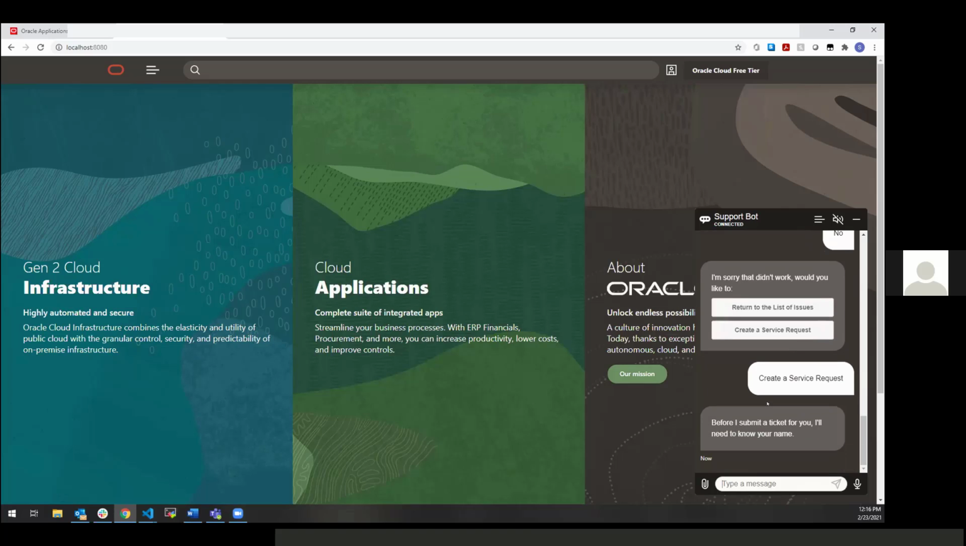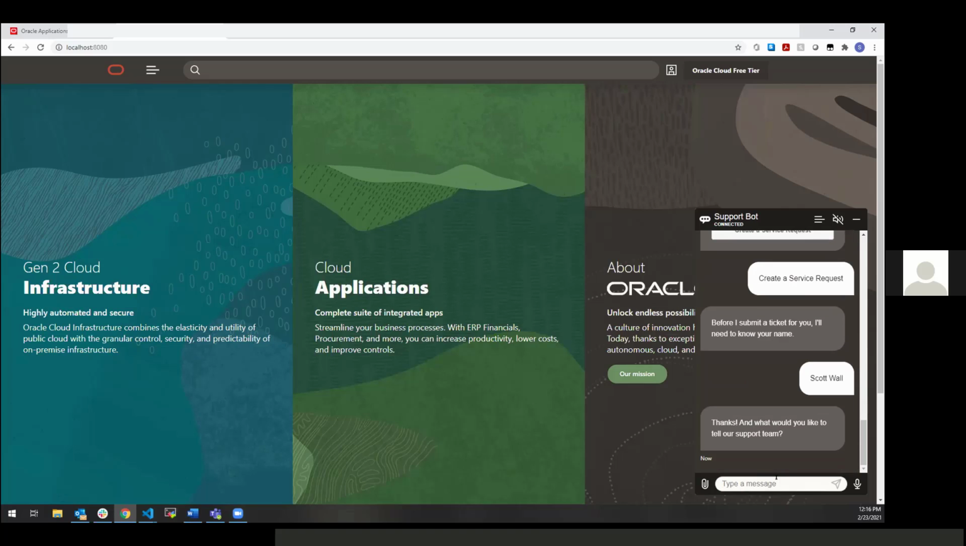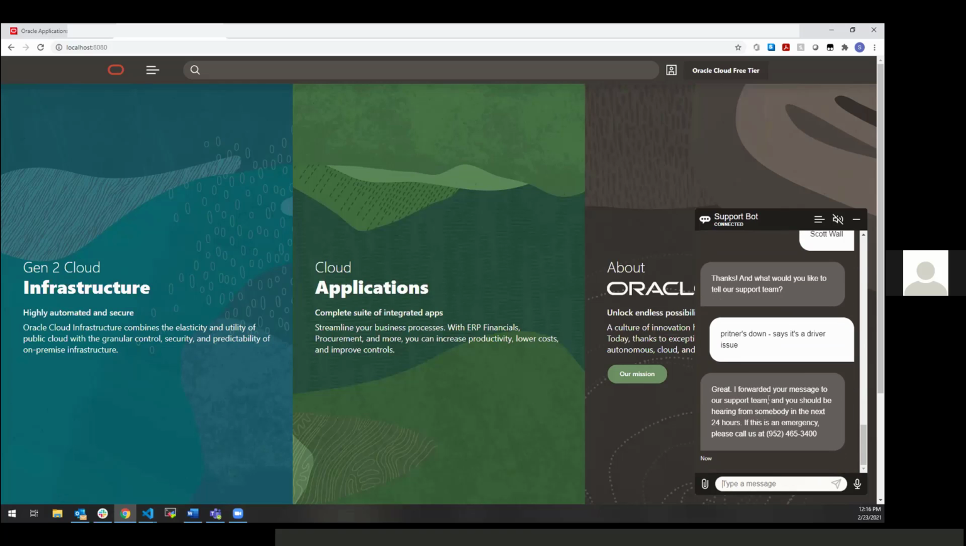I can create a service request directly through a bot here. It's going to ask for a little bit of information, so I don't need to bother any live agents. I can send it across to them. They can handle it on their own time. Printer's down, says it's a driver issue. Great, so we forwarded it through the ticketing system,